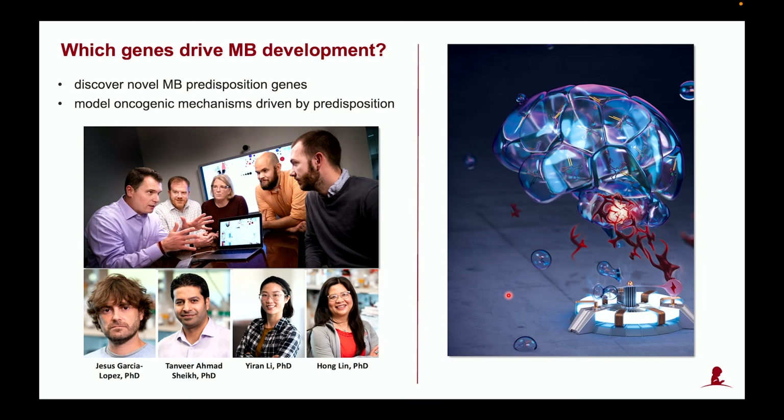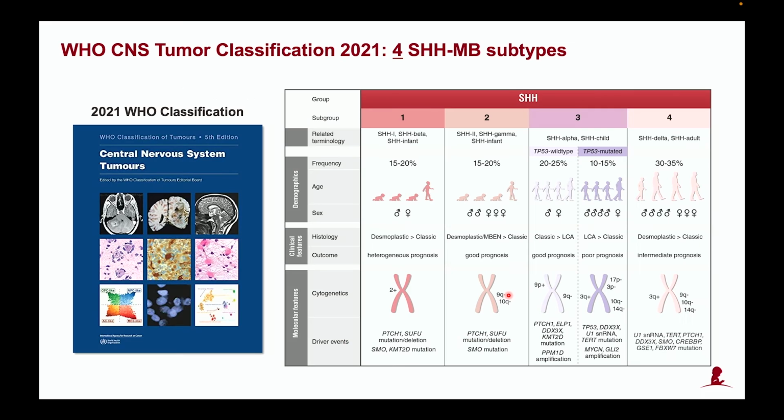And there are a large proportion of medulloblastomas that we still can't explain based on somatic genetics. So we've long postulated that there's more in the germline left to be discovered. And before I get into this, because I'm going to focus on sonic hedgehog, I just want to mention that